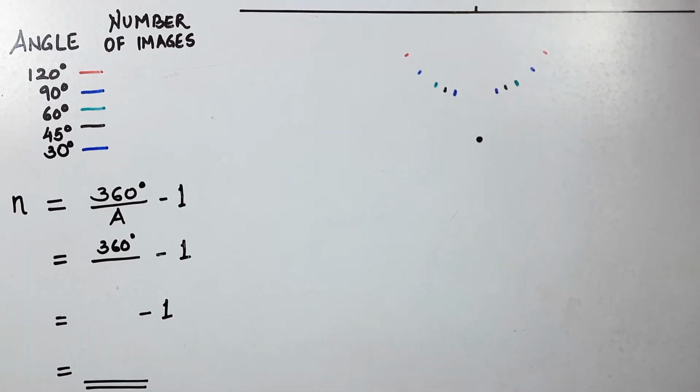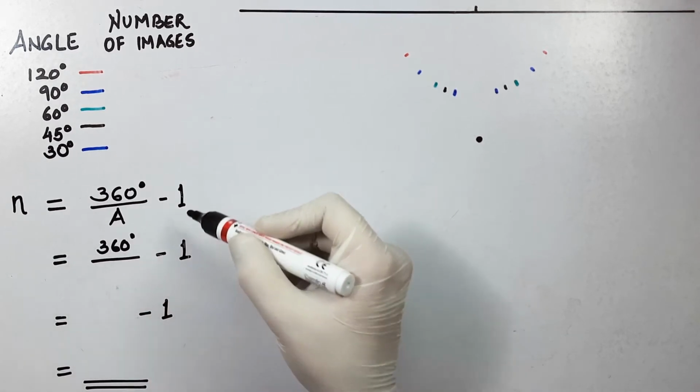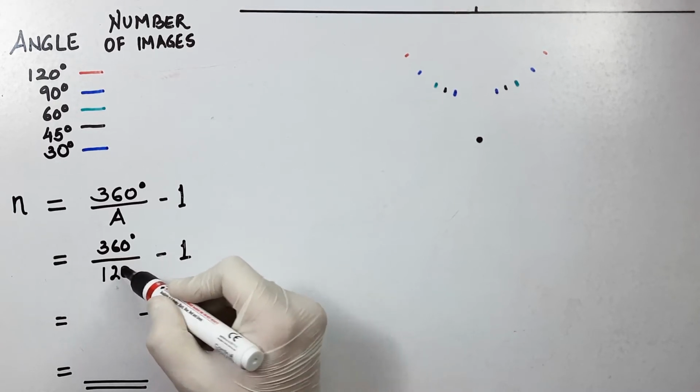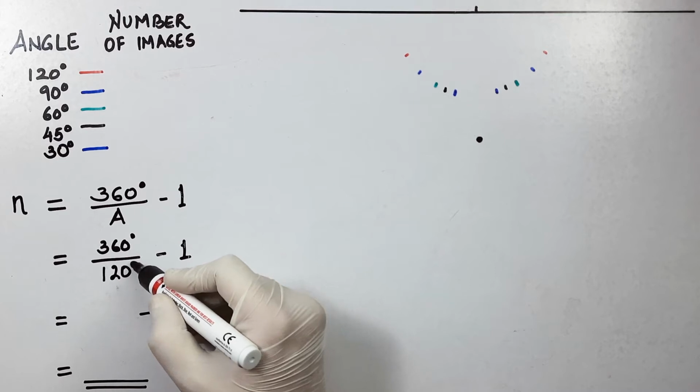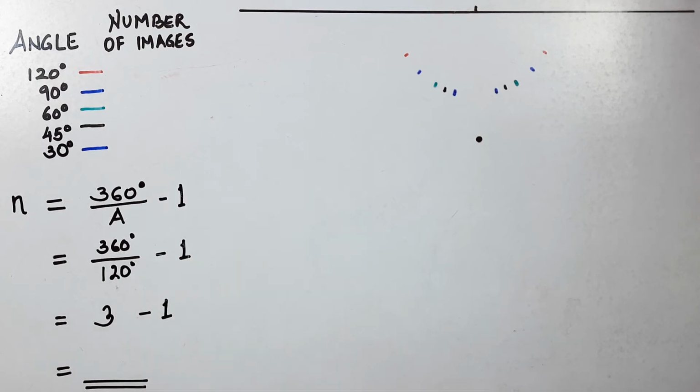So now what we are going to do is, we are going to calculate the number of images first, and then we will do it practically, and we will see if the calculations and the number of images observed match. So let's start with that. 120 degrees. Now I'm going to do the calculation. 360 upon a minus 1. So 360 upon, I'll write 120 here, 120 degrees, and that gives us 3 times, right? 120 goes in 360 3 times, and that's why the number of images formed should be 2.